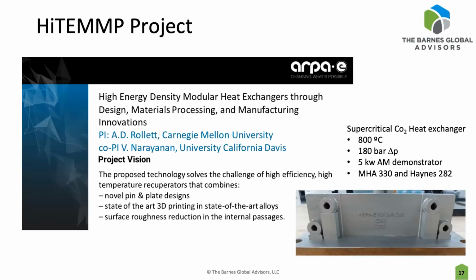Similarly, high temperature heat exchangers are a huge academic exercise. Right now we're working with Carnegie Mellon and UC Davis on a high performance supercritical CO2 recuperator. It's an 800 degree C application heat exchanger, a very novel kind of pin and plate design, designed from the beginning to be 3D printable. And we're working from a 5 kilowatt demonstrator in nickel-based superalloys